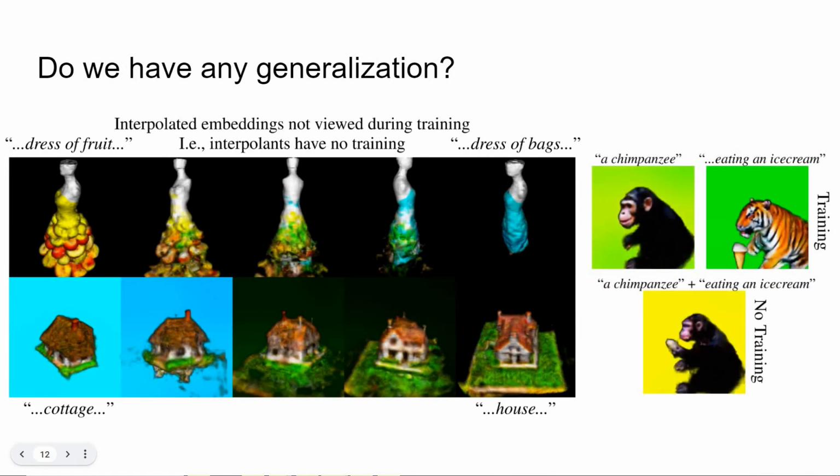Next, we offer compositional generalization, which means we take two observed prompts, like a chimpanzee or a tiger eating an ice cream, then create a new unseen prompt, like a chimpanzee eating an ice cream. This works remarkably well, especially given the diverse and small set of training texts, motivating further experiments on compositional prompt